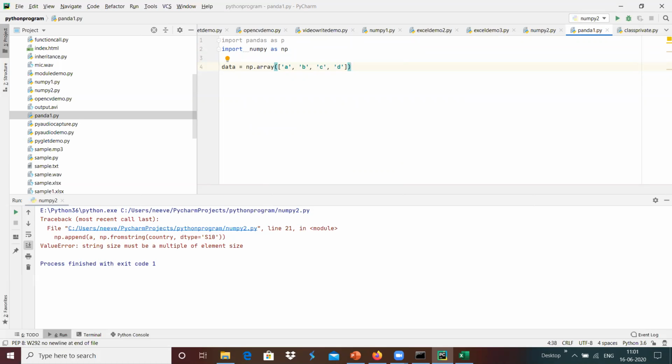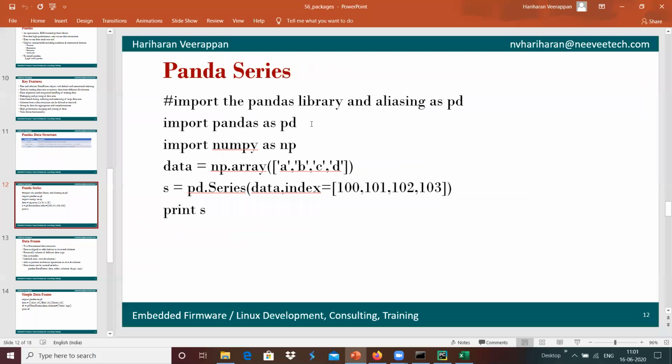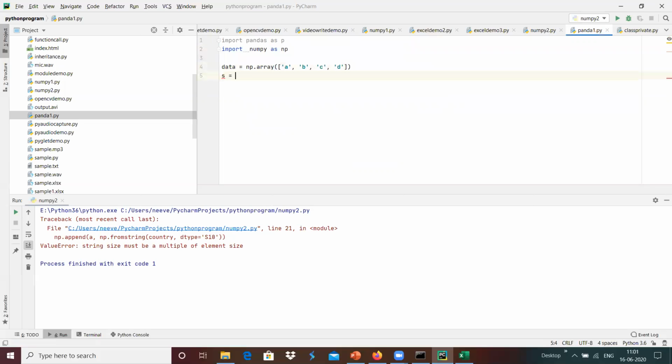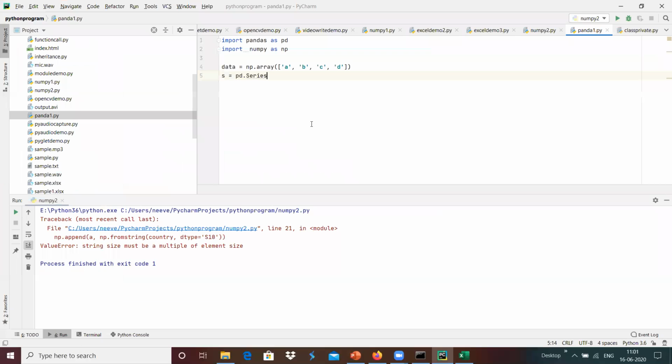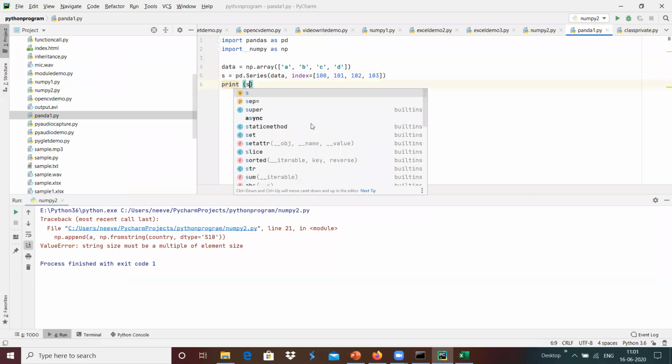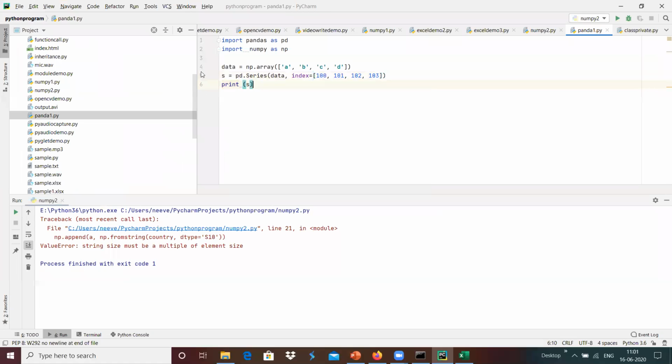We have s equals, maybe I'm going to use pandas as pd.Series, which takes data, and we can give index equals something like 100, 101, 102, 103 over here. And whenever we do print of s, we will see what it comes out as.